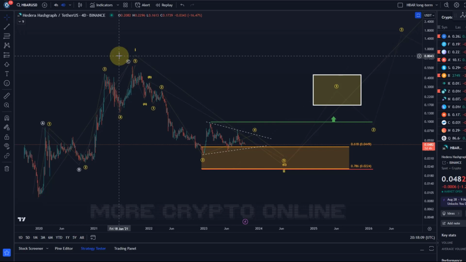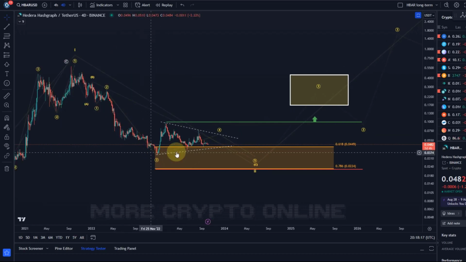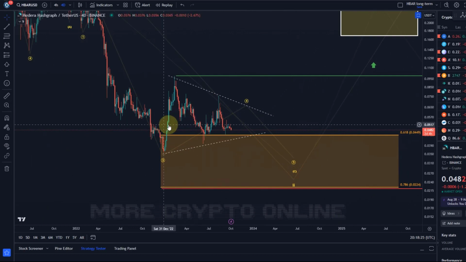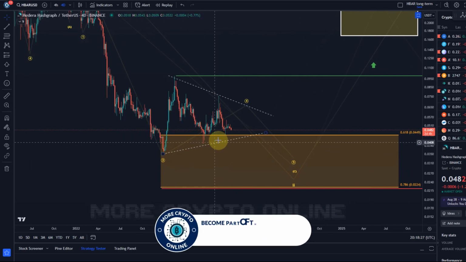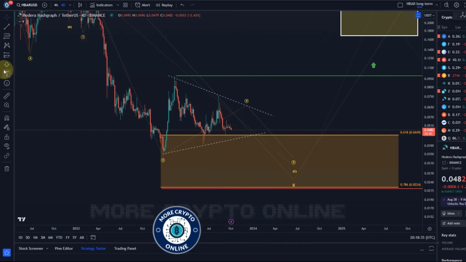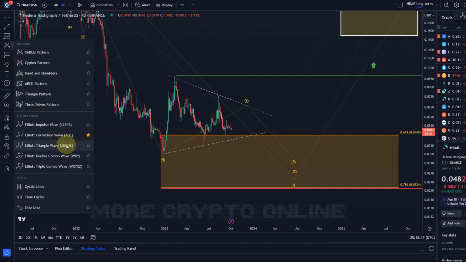But the scenario that we have here on the 4-day chart shows you basically that another bear market low at least is still very likely. So the current triangle pattern that we're tracking here is basically considered a wave 4 with one more low to come. In a triangle, you have a balance of forces. It can take its time, it can be long, it can be frustrating. So there's nobody saying it has to go up now or move again to the upper boundary line, but it would be ideal if we see another lower high.